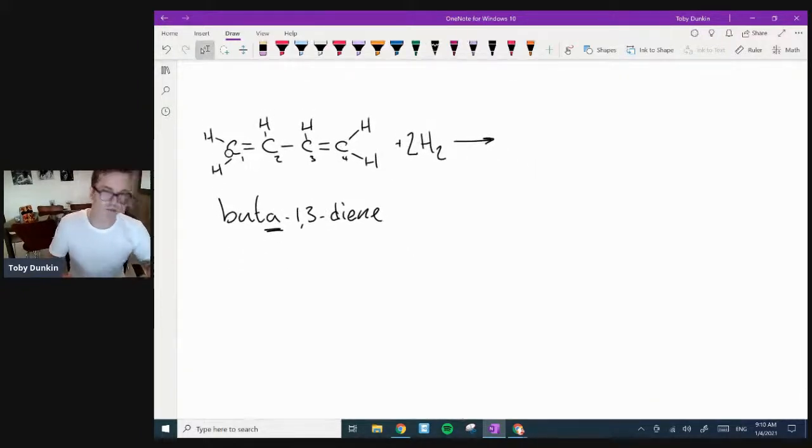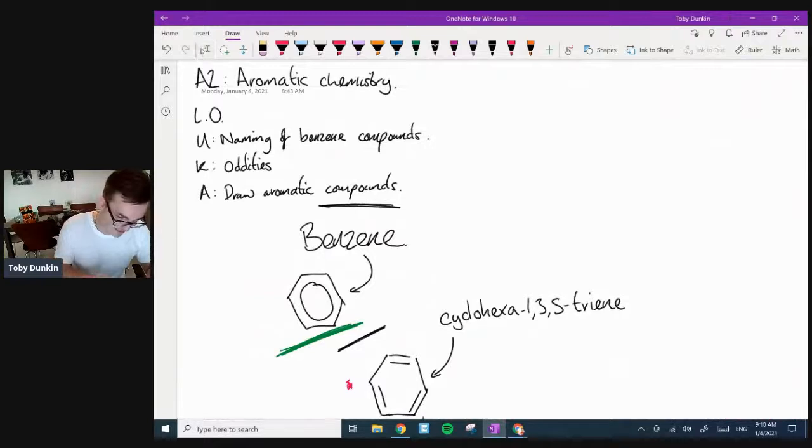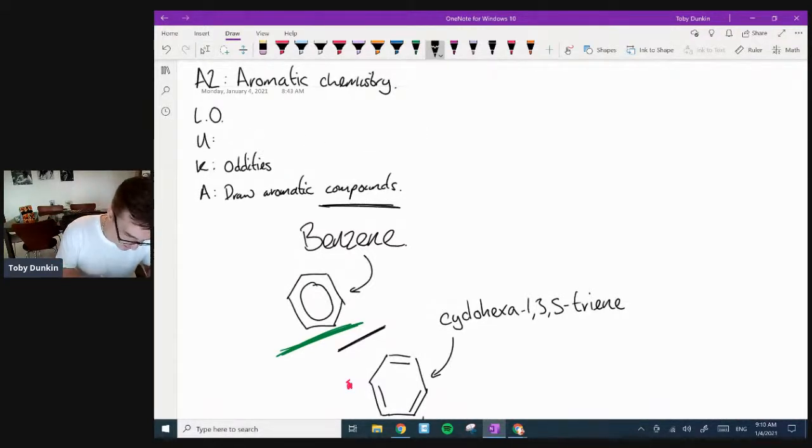Yeah, I've suddenly realized all my learning objectives are wrong on this lesson. I'm going to go back and change them. Understand aromaticity. Yeah, understand. Nope, not going to do that anymore. Changing it. Scrap it. Understand aromatic stability.